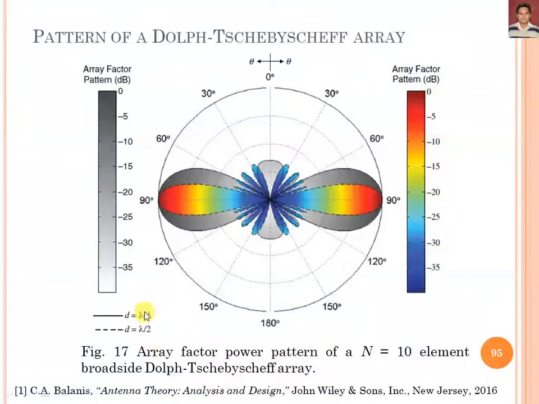As you can see, for d equal to lambda by 4, the pattern has the maxima at 90 degrees, but also has some minima, we can say side lobes, as you can see in this figure. But at d equal to lambda by 2, the maxima are represented in red and the minima in blue using the rainbow scale. Here you can see the maxima we are getting at 90 degrees, and the minima at theta equal to 0 degrees, as you can see in this figure.